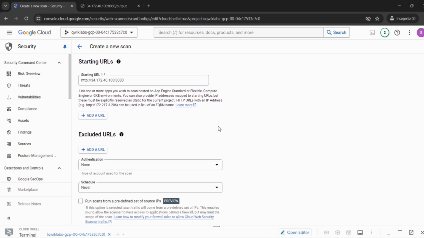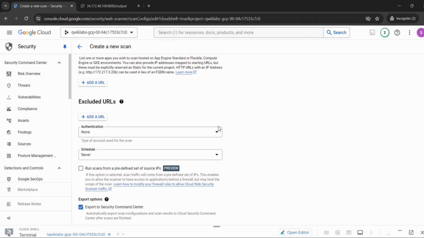Now take a minute for reviewing the remaining fields on a create a new scan. You can check out the different fields.